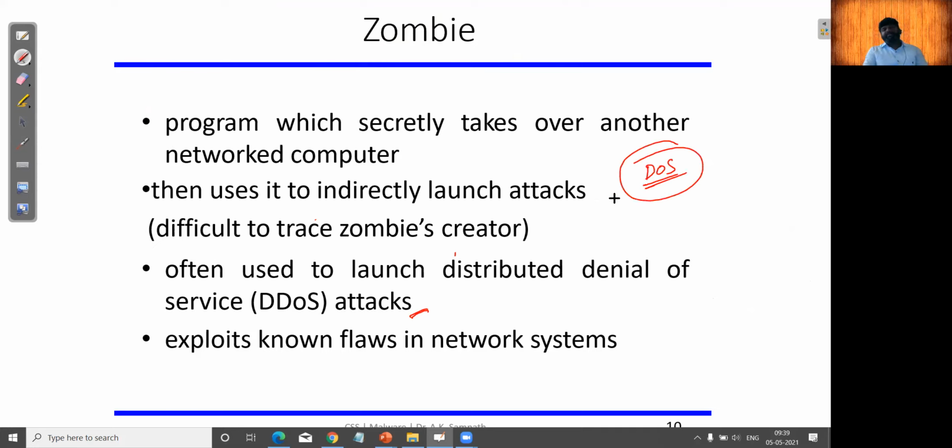Denial of service is where the actual user, who has the rights to access a particular resource, for example a server, is blocked from accessing it. The attacker keeps the server busy so that the actual users may not get services on time. So this is called denial of service.